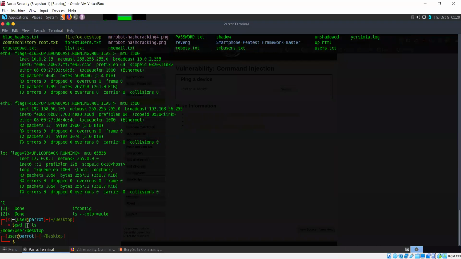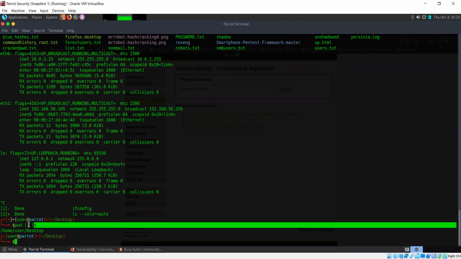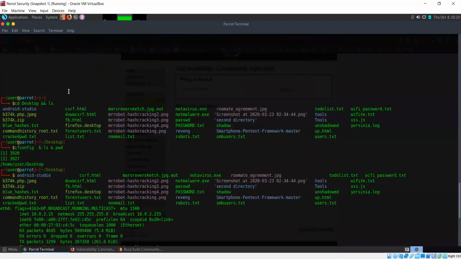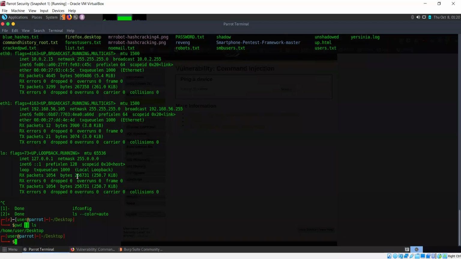Now if I do this, this is also command chaining, but it doesn't work the same. If the first command runs, then the second will not run. This is basically your OR operator. AND is this ampersand, so only if this works, only then this is going to work. With this OR operator, you want to run either this or this.